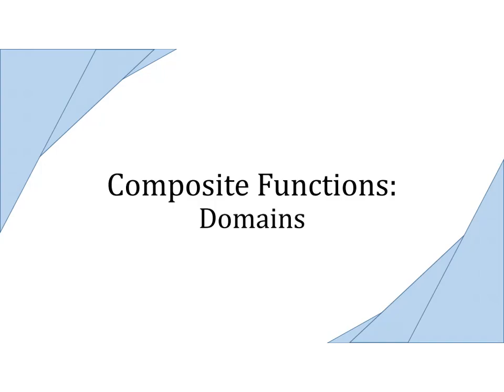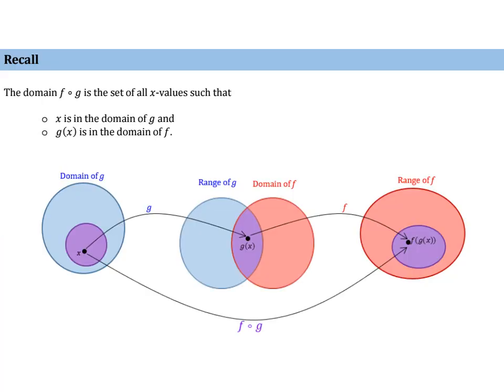Now that we have a basic understanding of composite functions, let's look at how to find their domain. Whenever you find the domain of a composite function, the thing to remember is that x must be in the domain of the inside function, and then the output of that must be in the domain of the outer function. So for f composed with g, remember f composed with g